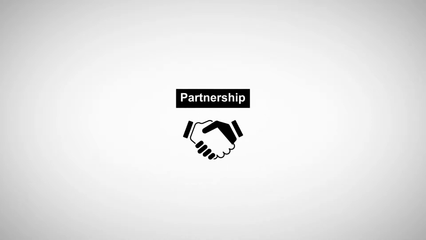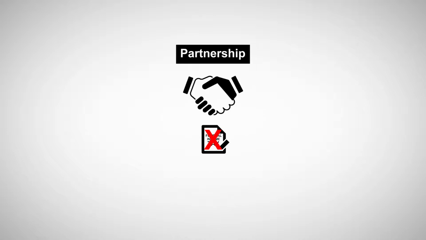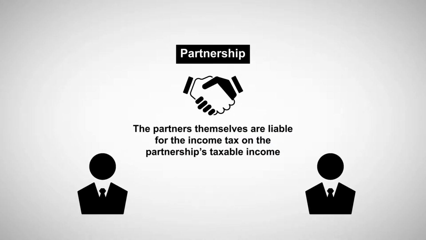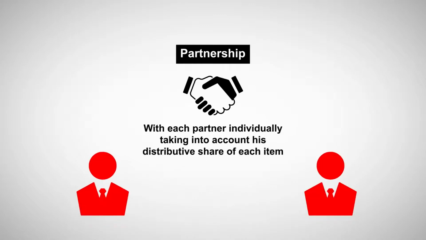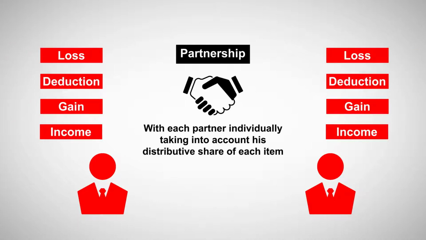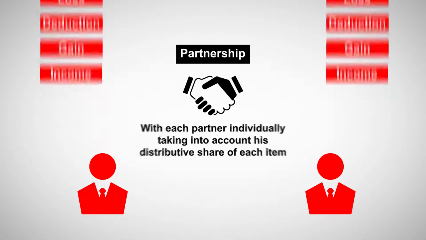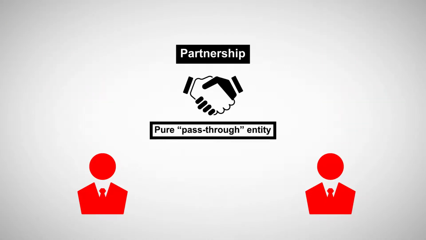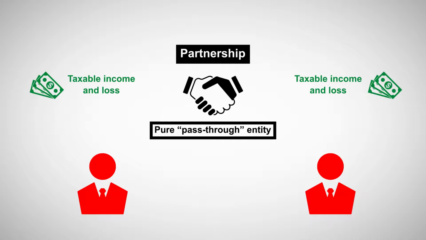Unlike most business entities, such as C or S corporations, a partnership is never subject to federal income taxation. Rather, the partners themselves are liable for the income tax on the partnership's taxable income, with each partner individually taking into account his distributive share of each item, including the partnership's income, gain, deduction, loss, and credit. This makes the partnership a pure pass-through entity, with all of its taxable income and loss passing through and being